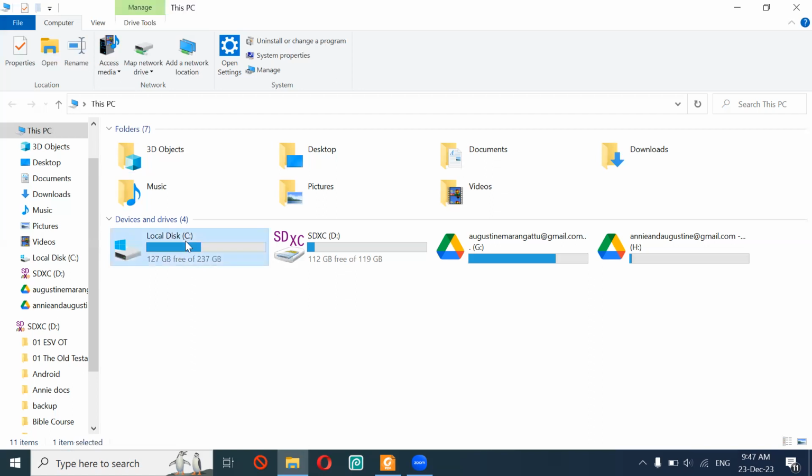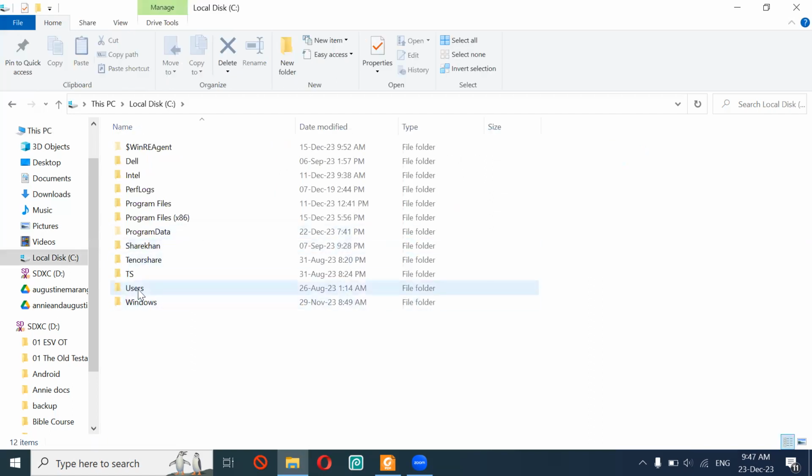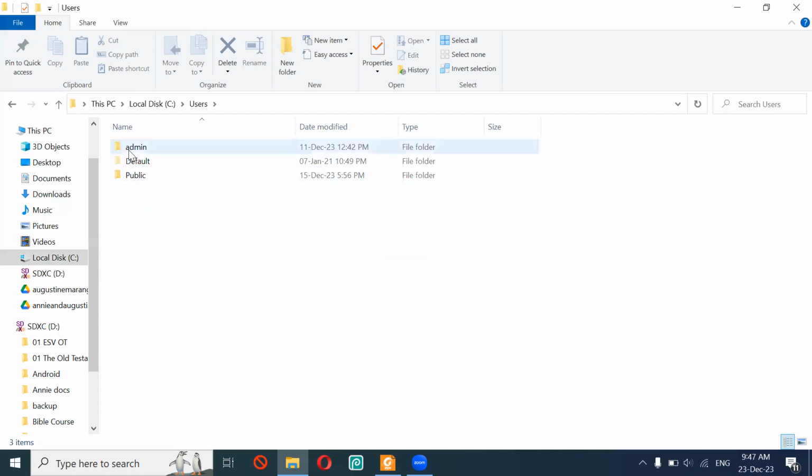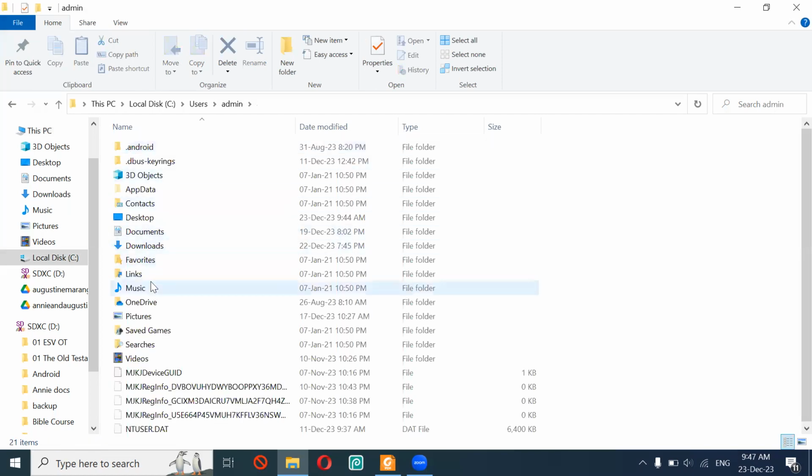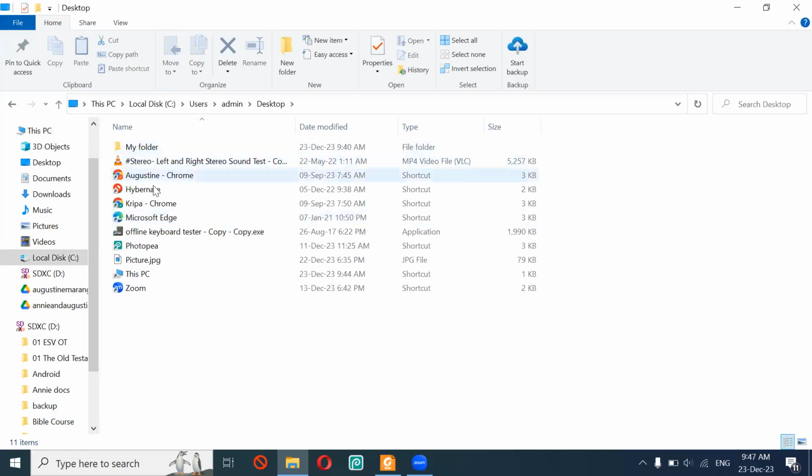It's in the C drive. You go to Users, and you go to Admin, and then you see you have Desktop over here. Those are the same files which are here. This is what is just being shown outside for you, because each time you cannot come inside here. So it's shown. In the same way,